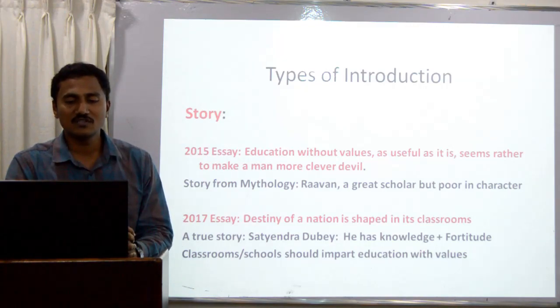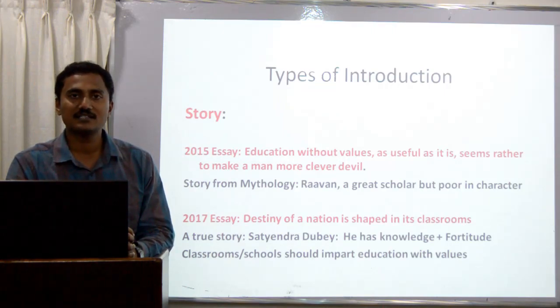Similarly, the 2017 essay: Destiny of a Nation is Shaped in Its Classrooms. For this essay, you can start with the example of any person you know. For example, Satyendra Dubey. Satyendra Dubey was an Indian Engineering Service officer who was one of the project directors of the Golden Quadrilateral. When he was working there, he found out the corruption in the projects,